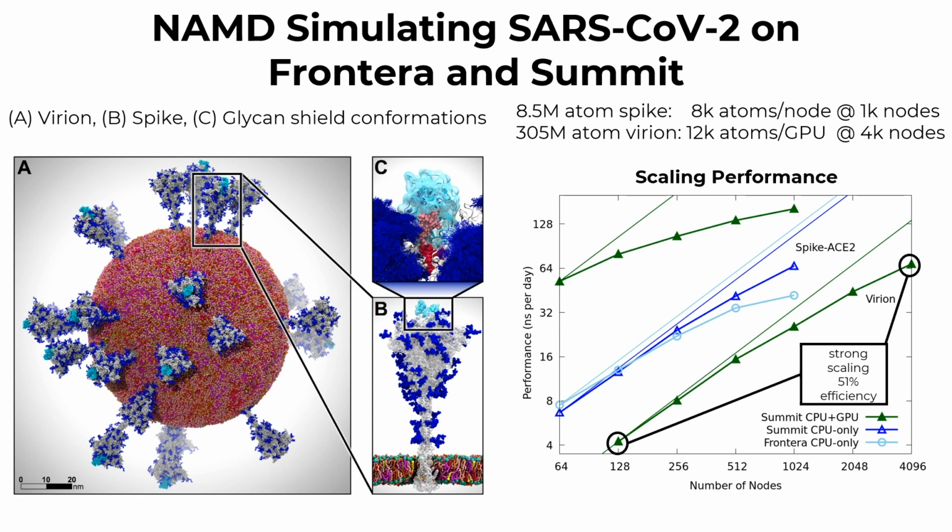The 305 million atom full virion scaling result is shown for up to 4,096 nodes on Summit. It's worth noting that at this scale, there are only about 12,000 atoms per GPU. This is a regime where some of the NAMD force kernels run into significant work starvation. Despite this, NAMD still manages to achieve 51% scaling efficiency and about 3 petaflops. Taking into account the inability to hold off on production science runs to rewrite the affected kernels, we are happy with this result.